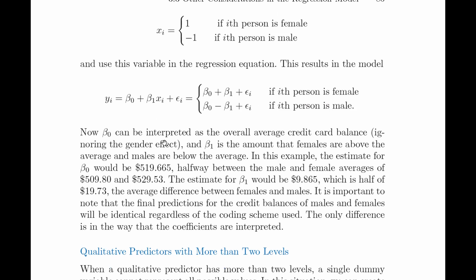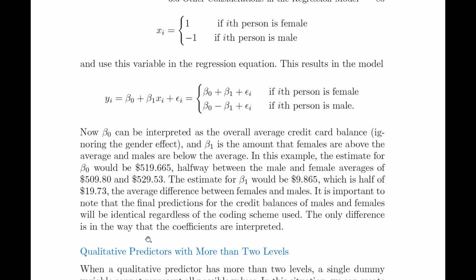Let's continue reading. Now, beta naught can be interpreted as the overall average credit card balance, ignoring the gender effect. And beta 1 is the amount that females are above the average and males are below the average. In this example, the estimate for beta naught would be $519, halfway between the male and female averages of 509 and 529. The estimate for beta 1 would be 9.865, which is half. That's what I meant with if you subtract, you get 2 beta 1. So beta 1 is half the average difference